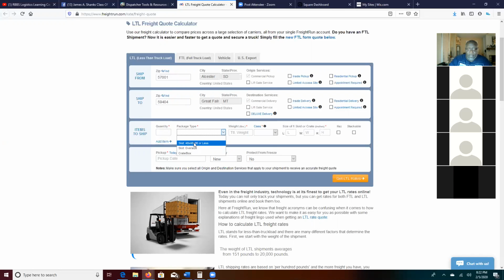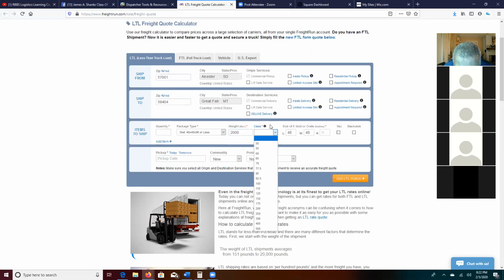I guess a skid. Okay, it's a skid. What's your weight? Oh, I don't know. Let's say 2,000 pounds. Yeah, sounds good. See if that would work.